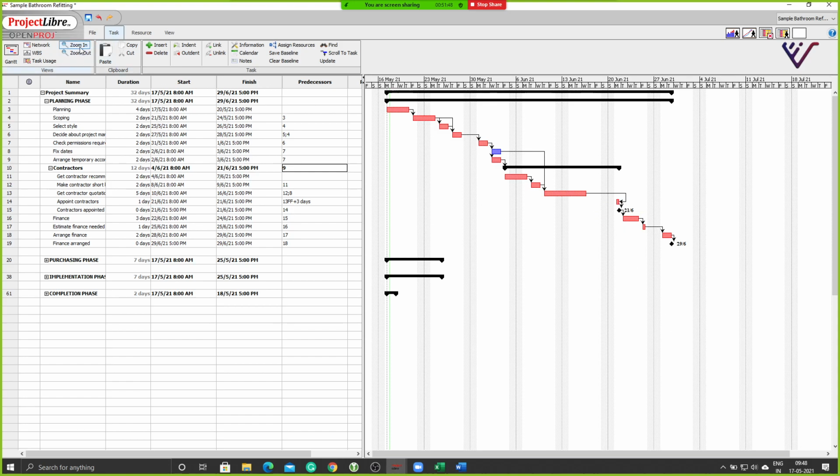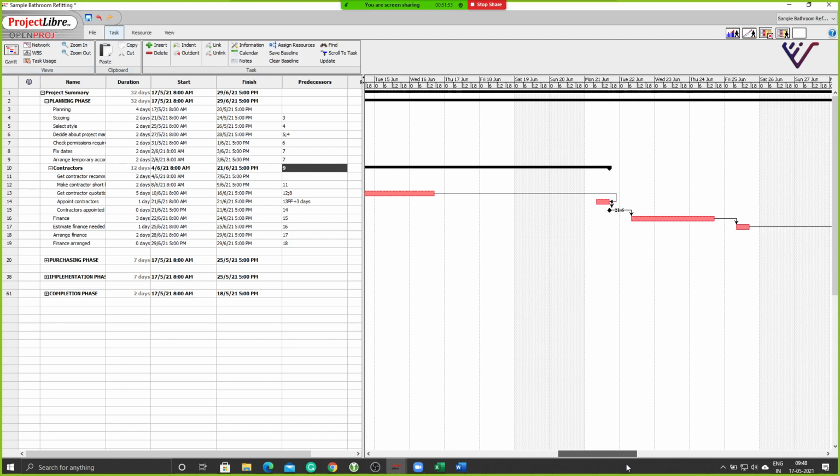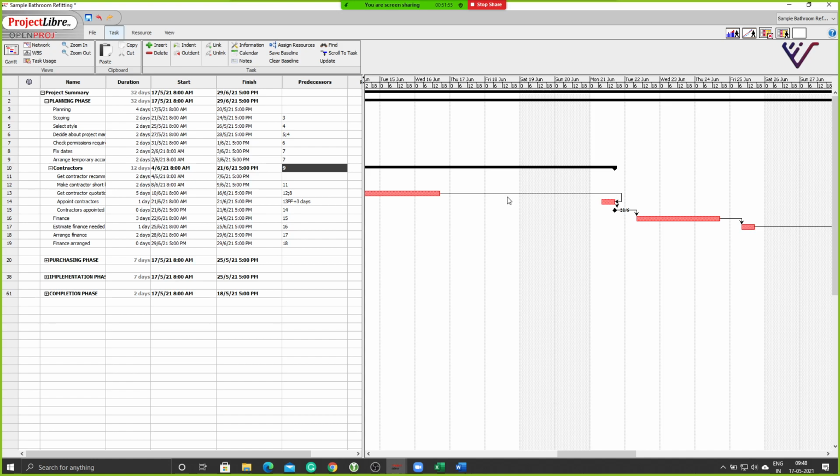Sorry, let me just zoom in once. So I can use this zoom in, zoom out to go deeper into my calendar. So here I can see this activity ends on Wednesday 16th by evening 6 o'clock, 5 o'clock here. And I have Thursday, Friday, and by Monday I need to end this task. Monday is 6 o'clock, I need to end this task. So it is satisfying the condition of those 3 days that I'm giving it. Clear?